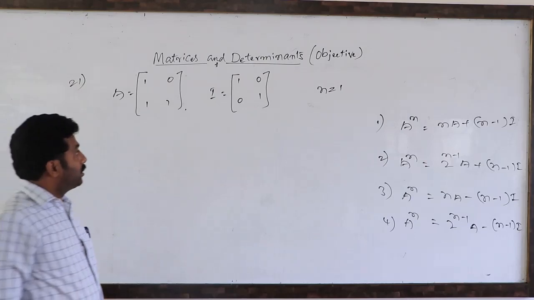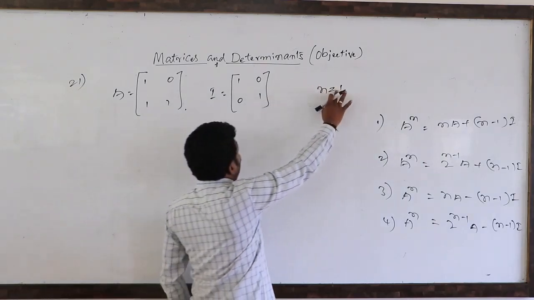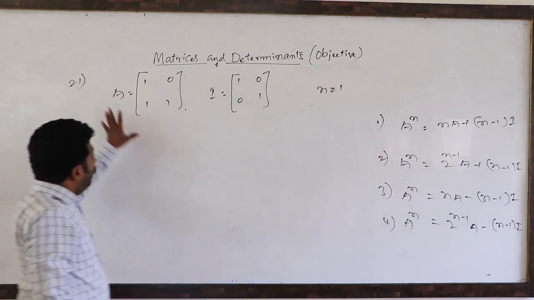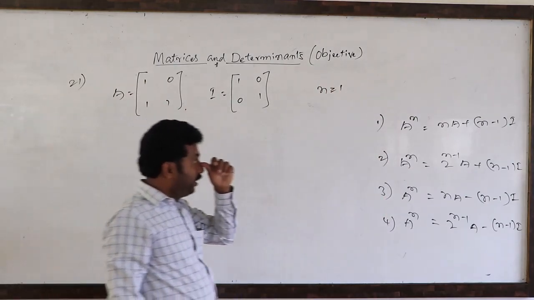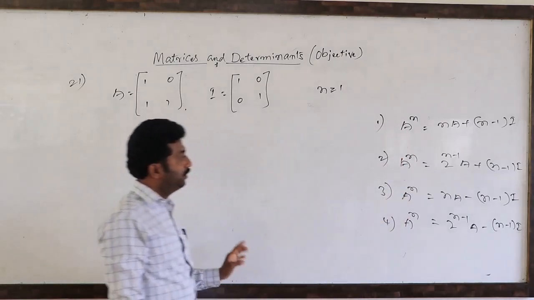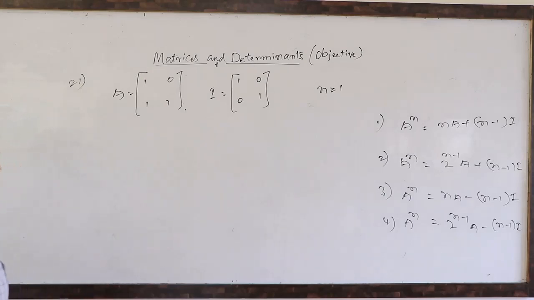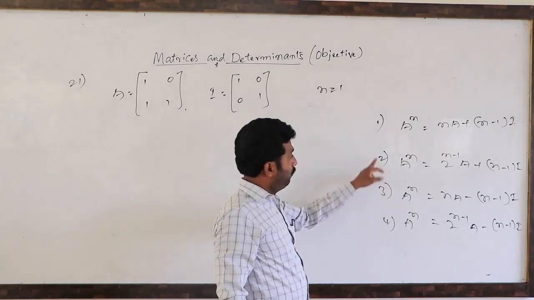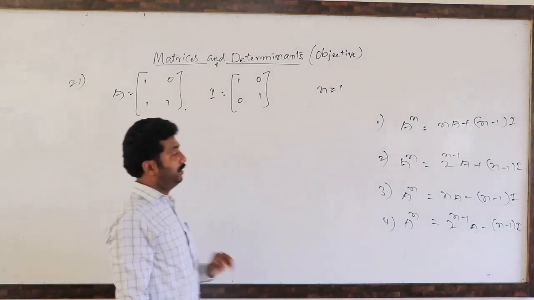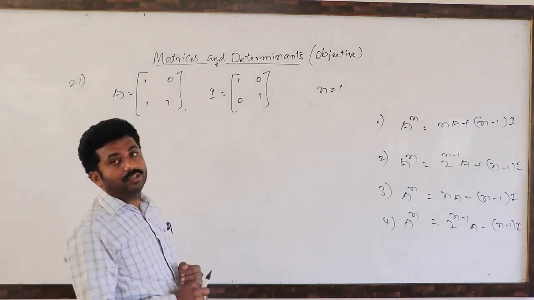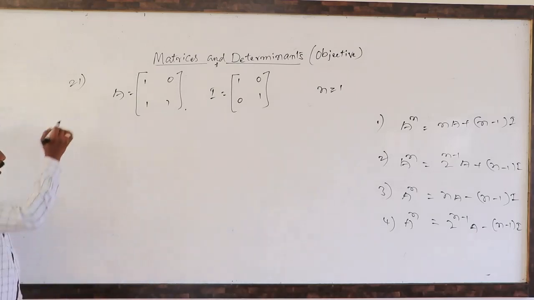So they are asking a question about the A matrix and the I matrix, the identity matrix. Which of these options is satisfied, meaning the A matrix satisfies any one of the 4 options? So which option is satisfying? If you calculate this, we have to calculate the characteristic equation.